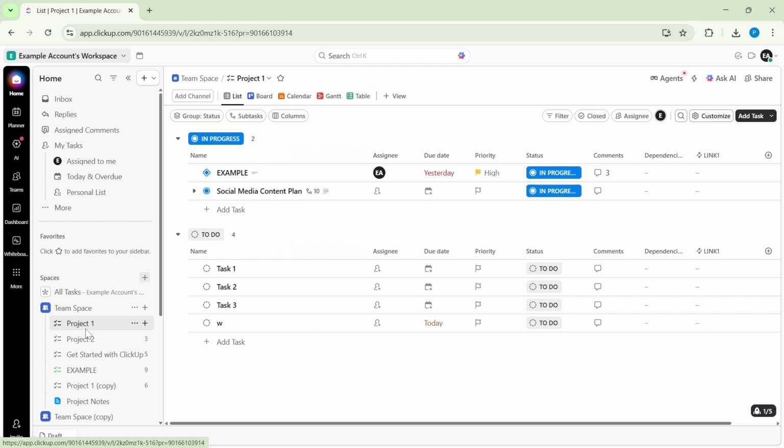Now, select the task you want to mark as a milestone. Choose something that represents a major deliverable or a critical handoff. Think design approved, beta launched, or contract signed. It's helpful if this task already has a clear name, an owner, and a due date, since milestones typically anchor